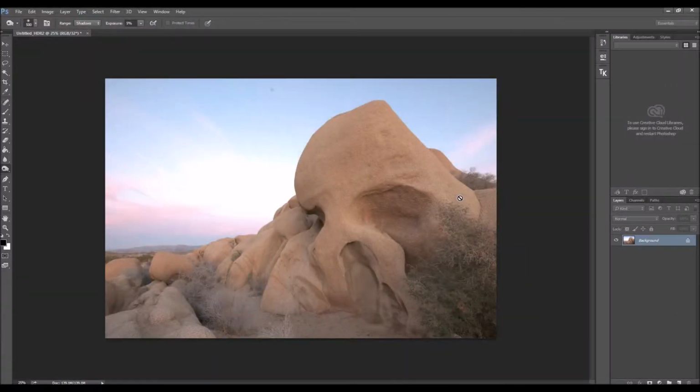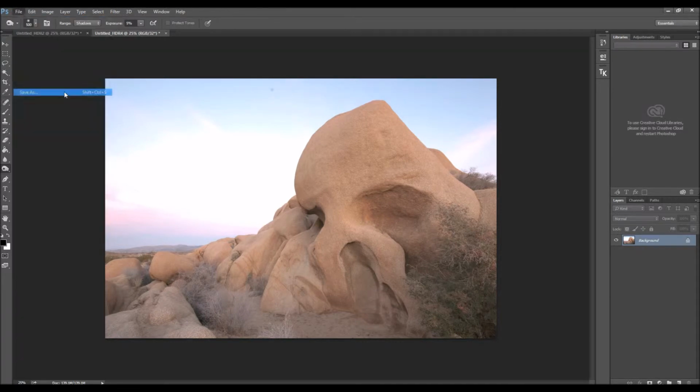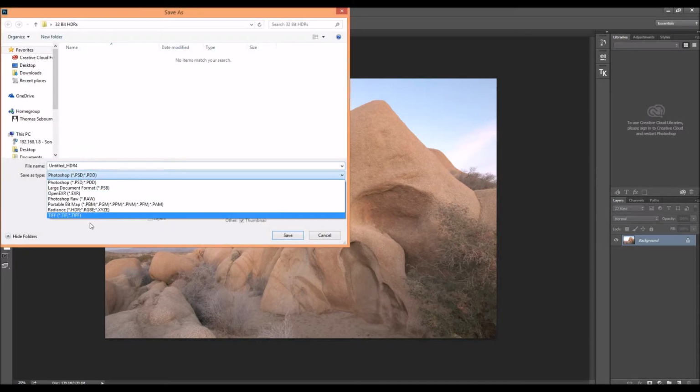So the beauty of what we're doing here is we're going to create one image that has a dynamic range of God only knows how many stops. I'm guessing it's like 30. It can be pushed and pulled like any normal RAW file would, and any RAW file you would typically edit in Adobe Camera Raw. So from here we'll go save as